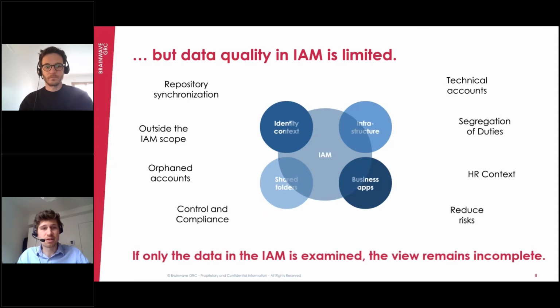What about the different technical accounts or the orphan accounts? Are you dealing with that across the IAM system? Are you speaking about segregation of duties, but advanced segregation of duties like the auditors would like to see? Are you able to get enough visibility on the risk you have on your access across all those different categories? If we are looking only at data ingested into the IAM system and the data extracted thanks to the IAM system, we are limited in terms of this view.